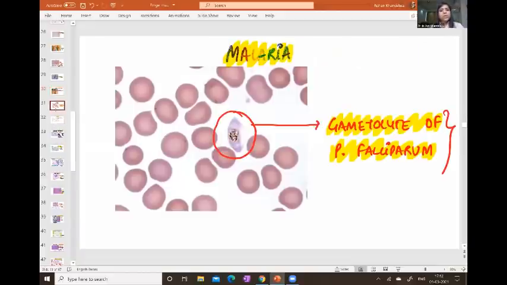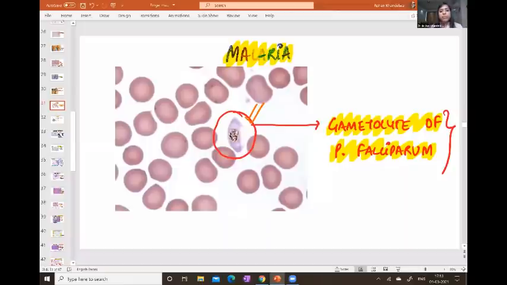Okay, this is a spotter which is asked these days in the exam, students, right? It has not been asked till now, but can be asked in a future exam definitely, because we all know how rampant malaria is in our country, right? So this image in the center, what we see here is the gametocyte of Plasmodium falciparum. It has a banana-like shape or a crescent shape, they say. That's a gametocyte of Plasmodium falciparum. It's a spotter which you need to know, right?